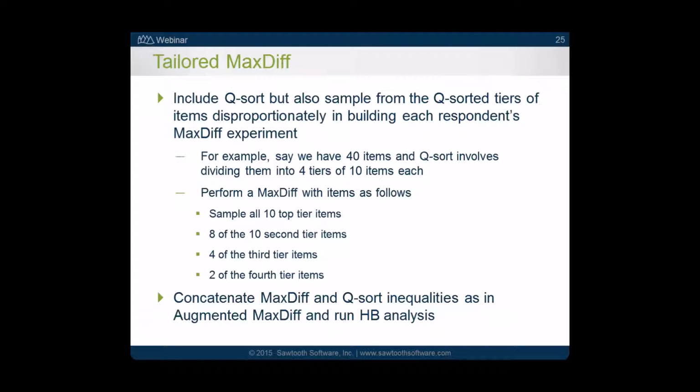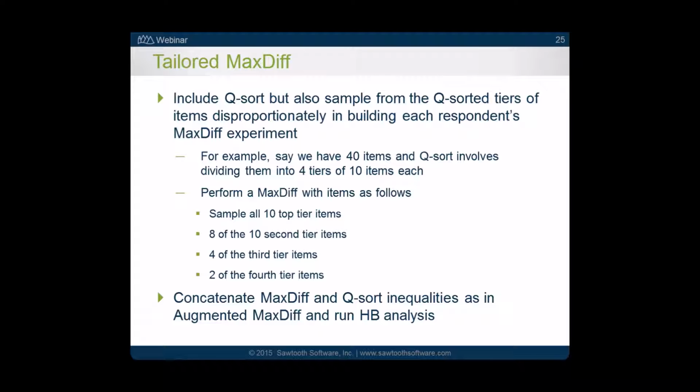The same authors who came up with that came up with something they called tailored MaxDiff. Here we include the Q-sort, but now we're going to differentially sample from those buckets, or tiers, disproportionately. So let's say we had 40 items, and the Q-sort divides them into 4 tiers of 10 items each. When we put together the MaxDiff, we're going to construct the list of items differently, potentially, for each person,